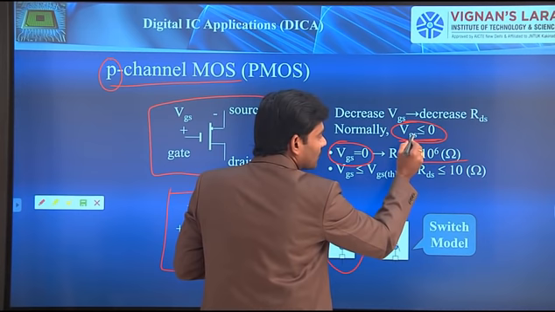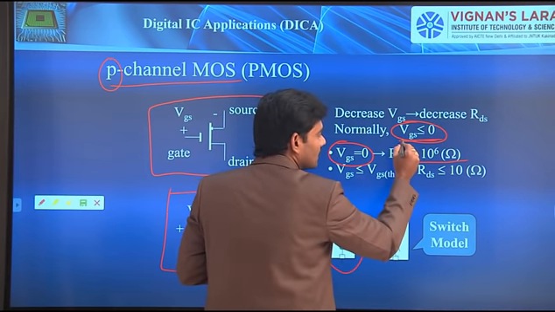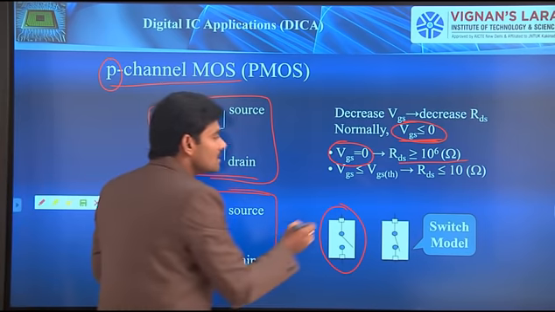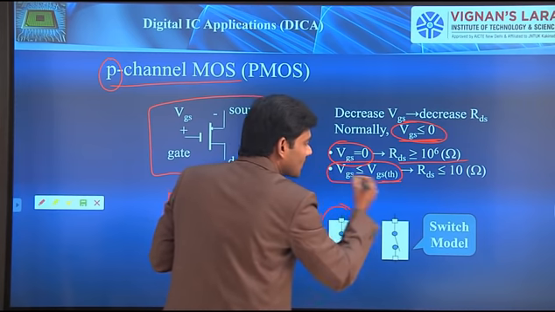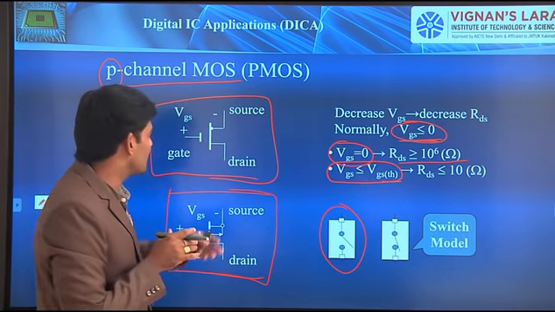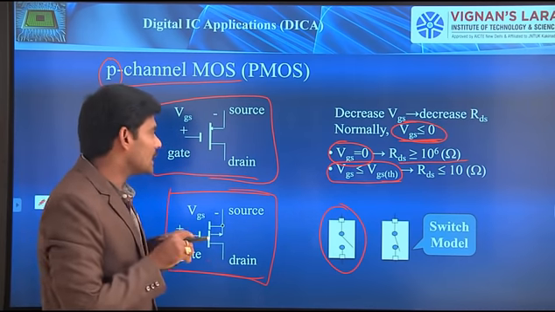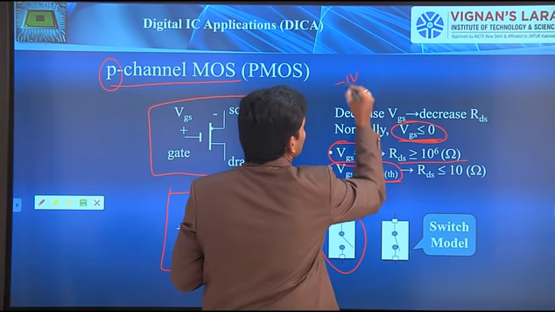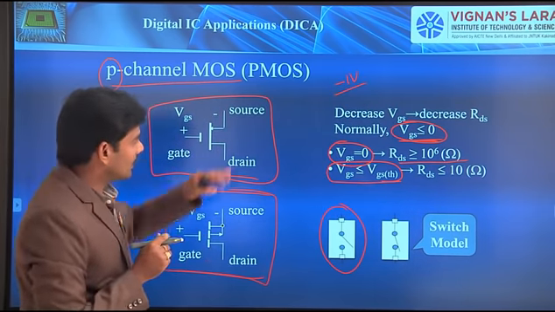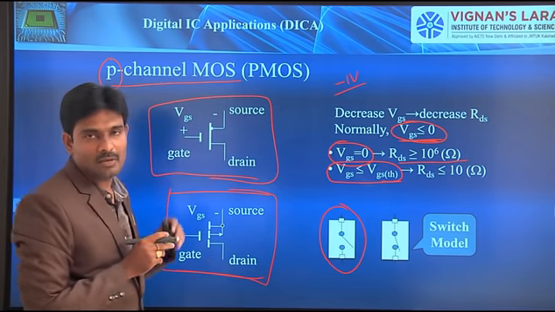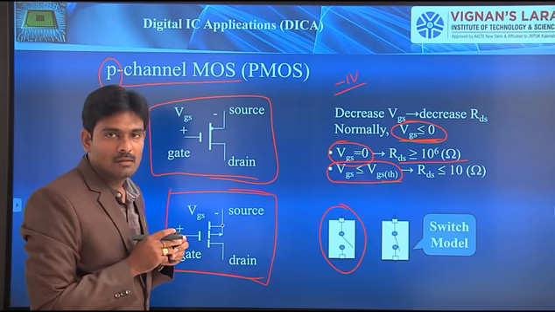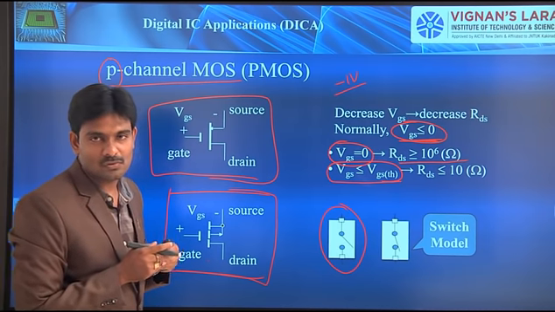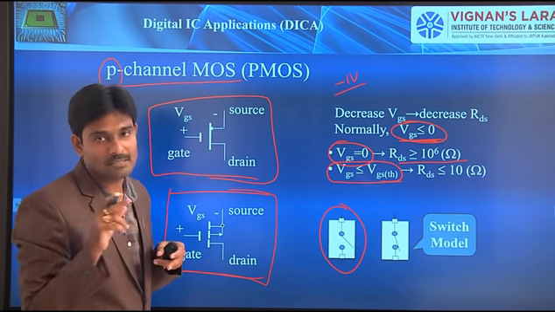And next, if you keep VGS less than 0, that is nothing but if you keep on decreasing the VGS value, once it reaches the threshold voltage of this particular transistor, in general, for a PMOS, the threshold voltage value you can consider as minus 1 volt. Anyway, that threshold voltage value is going to vary based on the technology and all. But in our case, in our DECA subject, we may consider it as minus 1 volt threshold voltage for the PMOS, while for NMOS it is plus 1 volt.